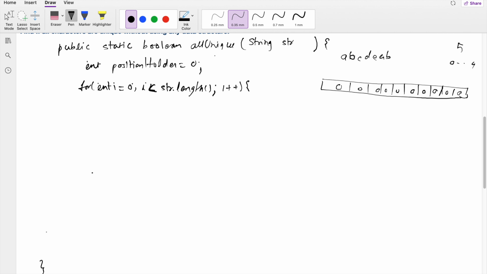And now for loop, opening and closing for this for loop. Now it's time to find out the position with respect to ASCII value. Now how do we get the ASCII value? So it's very simple. What we'll do is, let me find the position first. I'm gonna make it int